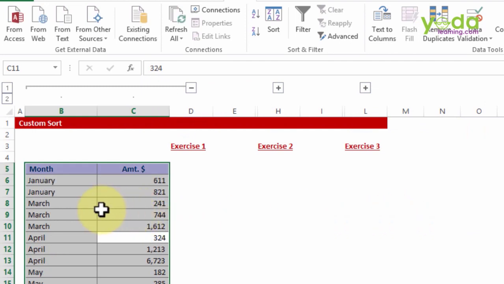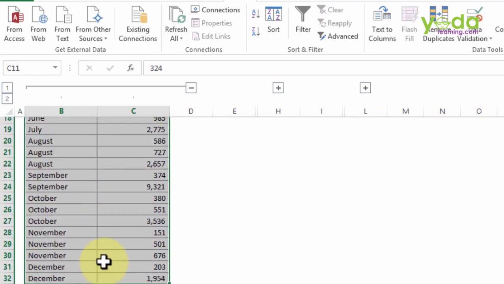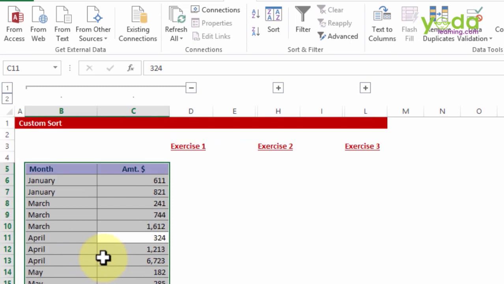Yep, this is what I was expecting. January, there is no name of February, hence February has been skipped. March, April, May, June, and so on and so forth. So this is a very easy and basic form of custom sorting. However, if you want to populate your own list of customized sequence of names, you can do so. And this I am going to illustrate through an example.